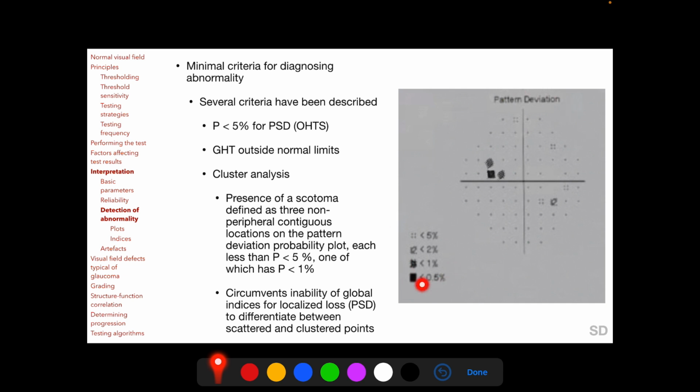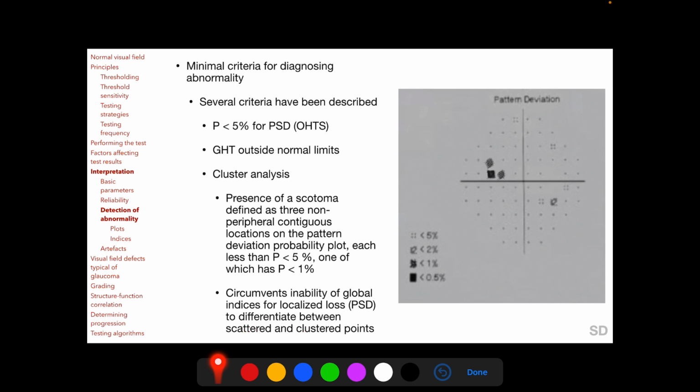Cluster analysis is represented in this figure, which shows three test locations which are contiguous and non-peripheral on the pattern deviation probability map, with two of the test locations having a probability of less than 2% and one test location having a probability of less than 0.5%, which meets the criteria for a scotoma. Cluster analysis circumvents the inability of global indices for localized loss, such as pattern standard deviation, to differentiate between scattered